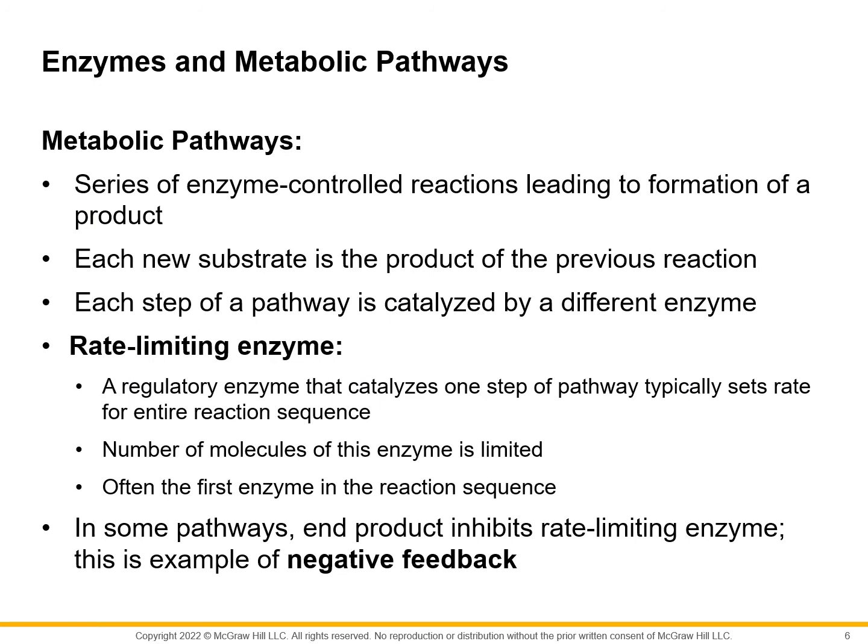Now, most of the things in our body aren't as simple as A plus B equals AB. They're usually pretty long processes. One of the many ones we'll pay attention to in this chapter is called the citric acid cycle. It is a whole set of chemical reactions that are controlled by various enzymes, and so it's a pretty amazing thing, but it's called a metabolic